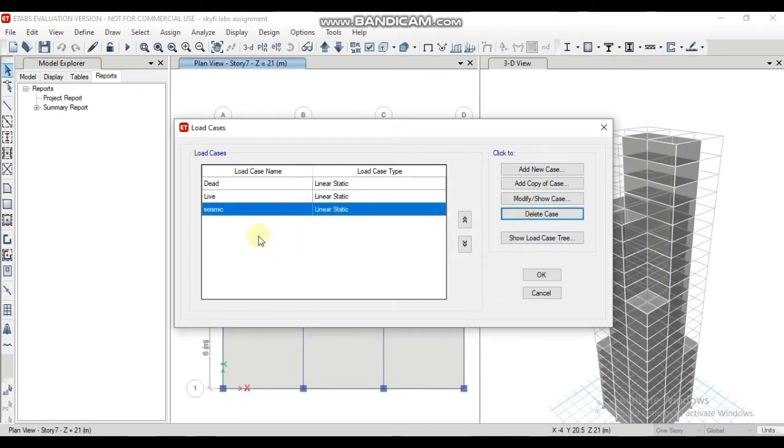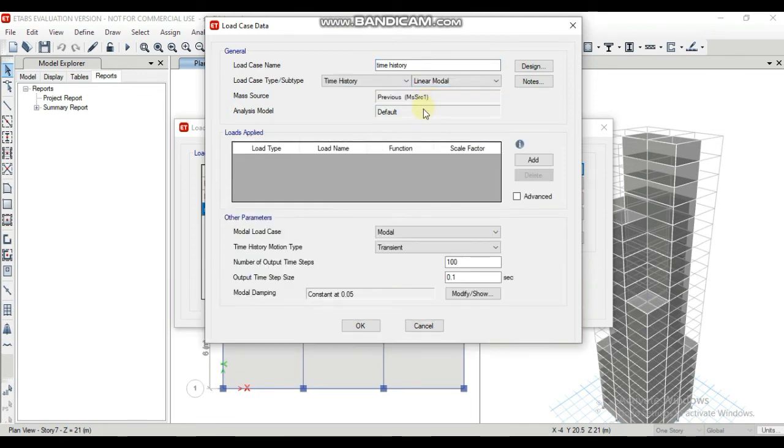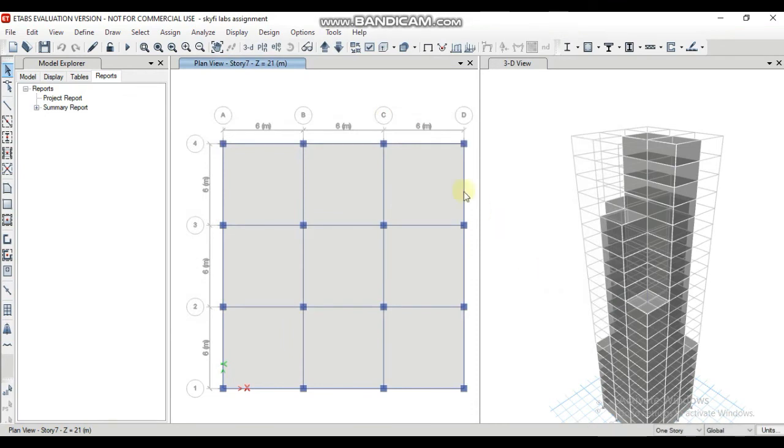Now add new case, load case name as time history analysis, load case type as time history, and add new load as acceleration and function as time history. Scale factor is 1633.3 and click on OK. Click on OK. We need not apply these loads as the loads apply to the structure themselves.